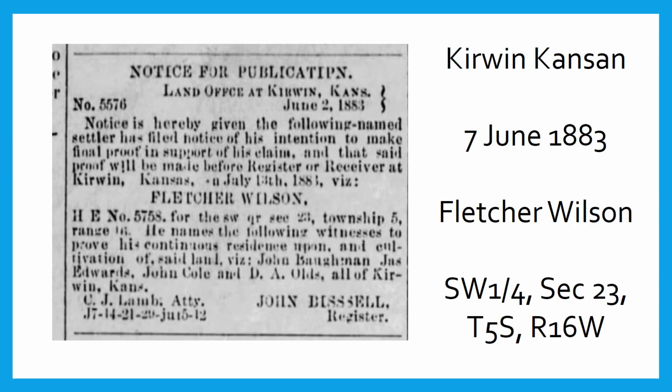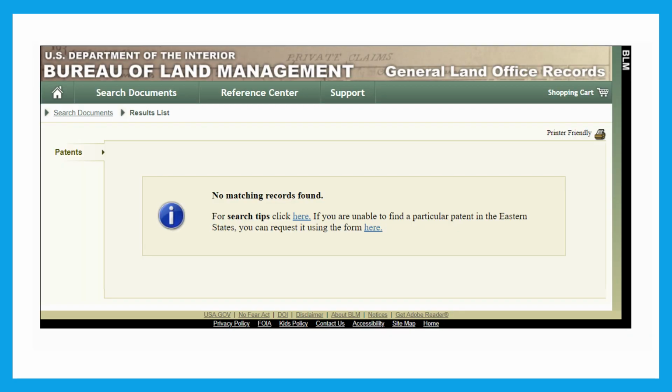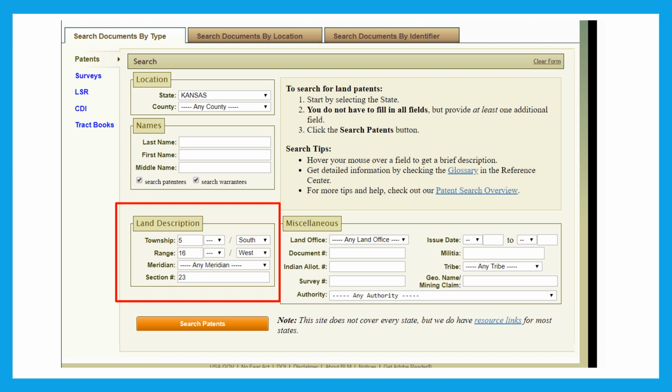A search of online newspapers showed Fletcher Wilson did prove up his homestead in the summer of 1883. A name search for Fletcher Wilson was not successful on the BLM-GLO website. The BLM-GLO website allows a search by location. We can use the description found in the newspaper, Section 23, Township 5 South, Range 16 West, to search for